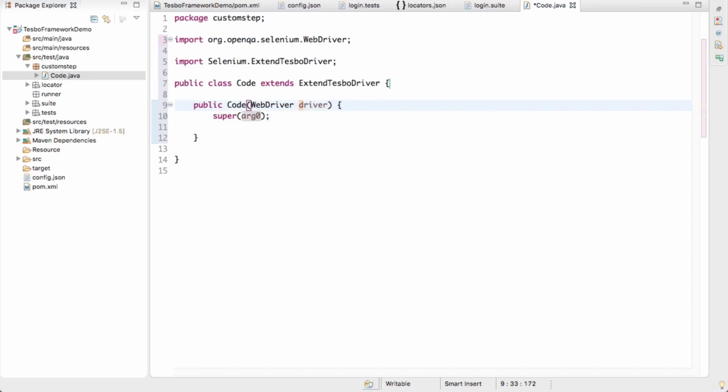You can give whatever name, WebDriver driver. So you need to pass the driver to the super method. Then that's it. The constructor is this much,